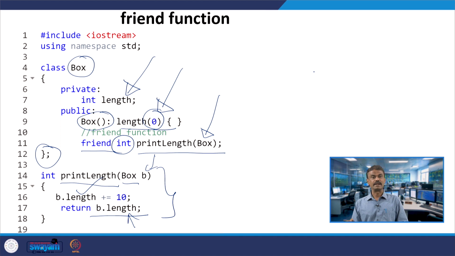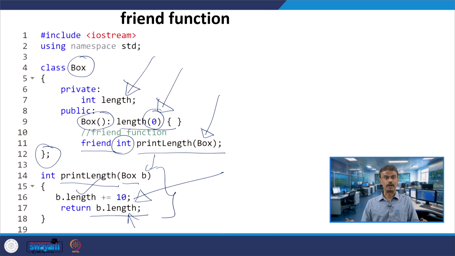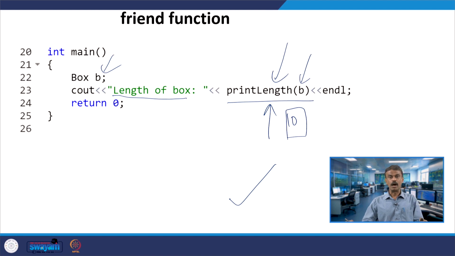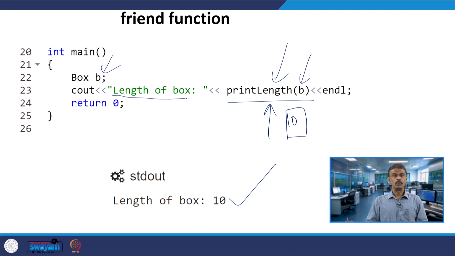So, what is b dot length? It was 0 previously, and the 0 will be added with 10, that is the statement here. So, 0 plus 10 is 10. Therefore, you are getting the output 10 when you are calling this function because it is returning b dot length. When you run the code, here you go, you will get the output 10. I hope it is clear for everyone.